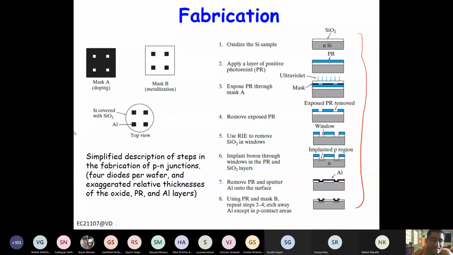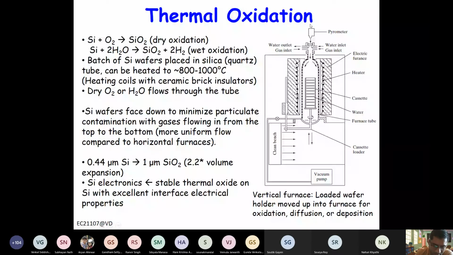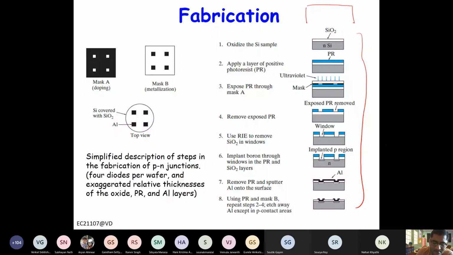Now, if you see the fabrication step, in typical IC fabrication, there may be 50, 60, hundreds of steps, right? But there are basically a few fundamental processes which are combined in different permutations and combinations, right? For example, let's say we begin with a piece of silicon wafer, right? The one we obtained from the Czochralski method that we discussed in the beginning when we discussed crystal. With that sample, the beginning sample can be N type or P type.